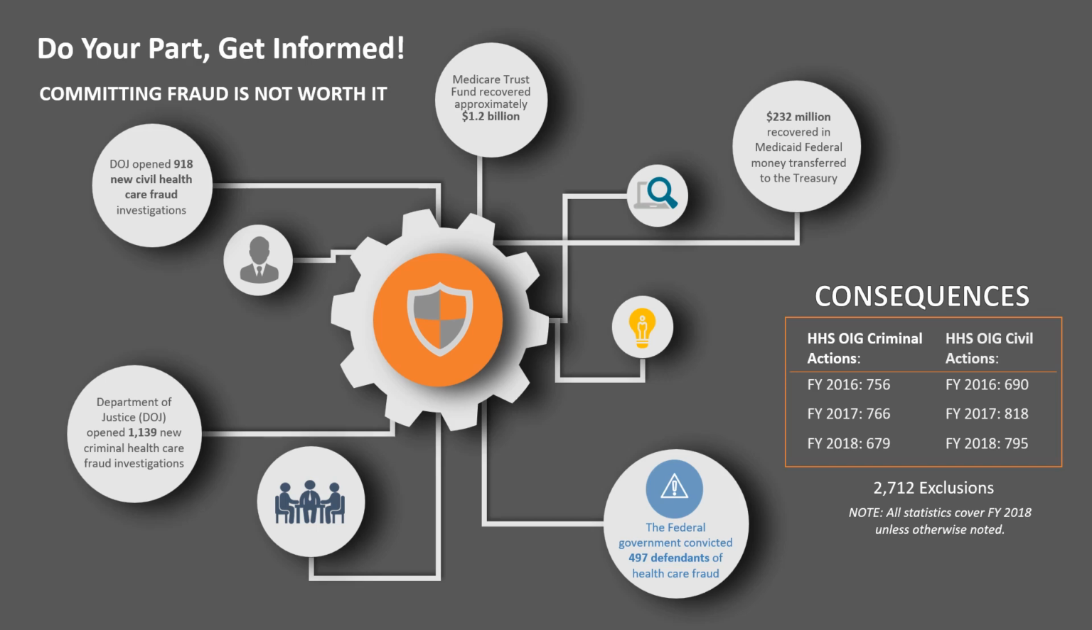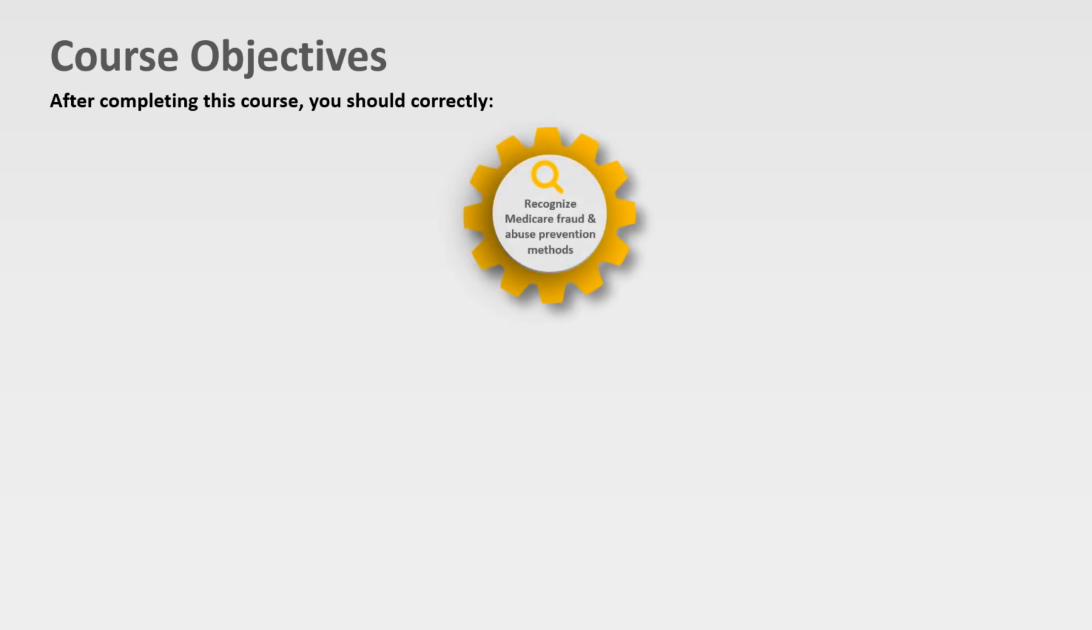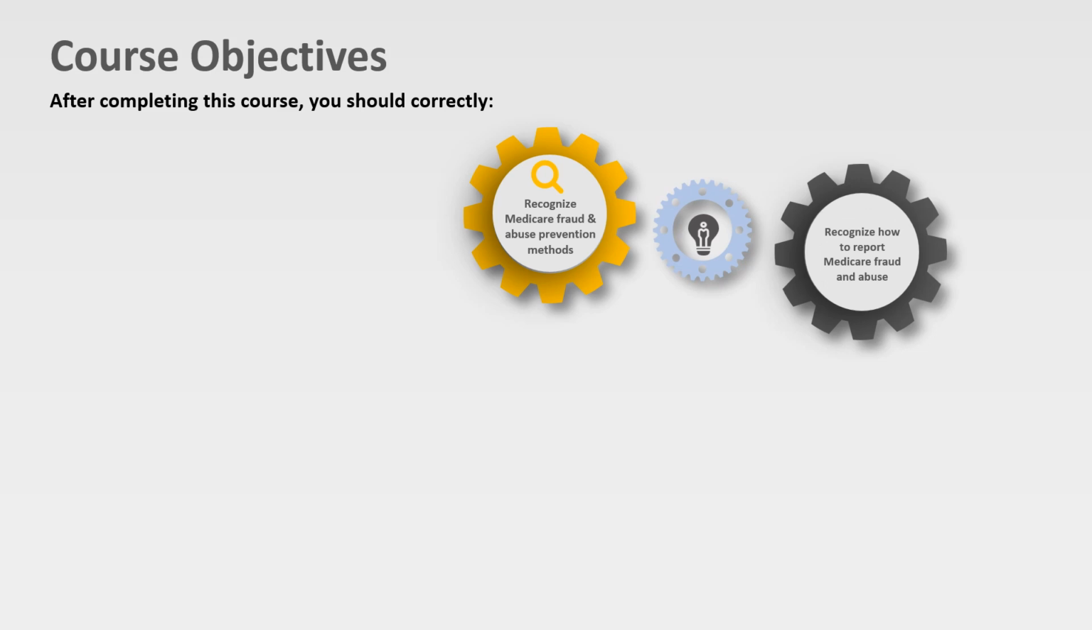679. HHS OIG civil actions for fiscal year 2016 were 690. For 2017, 818, and for fiscal year 2018, 795. Course objectives. After completing this course, you should correctly recognize Medicare fraud and abuse prevention methods, recognize how to